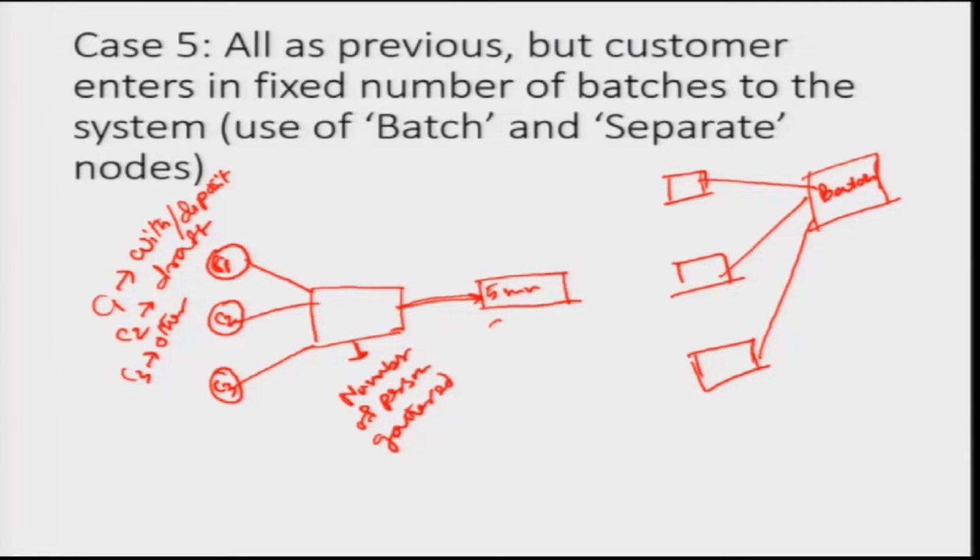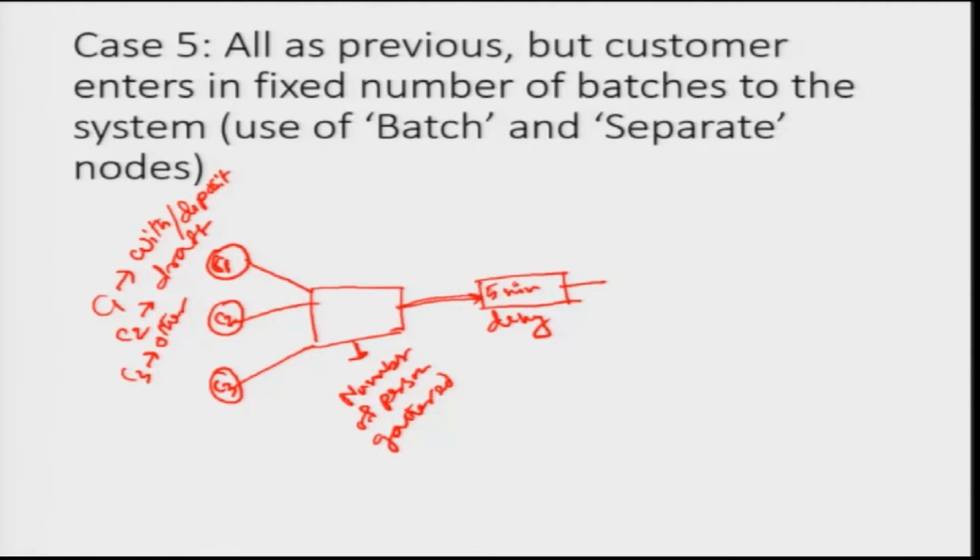So, we will put it as a delay, and then once they return to the bank, the customers basically move to the... once the customer reaches the bank, the customer basically needs to be separated, because otherwise, once you have made a batching of the customers, the ARENA thinks that there is only one customer.